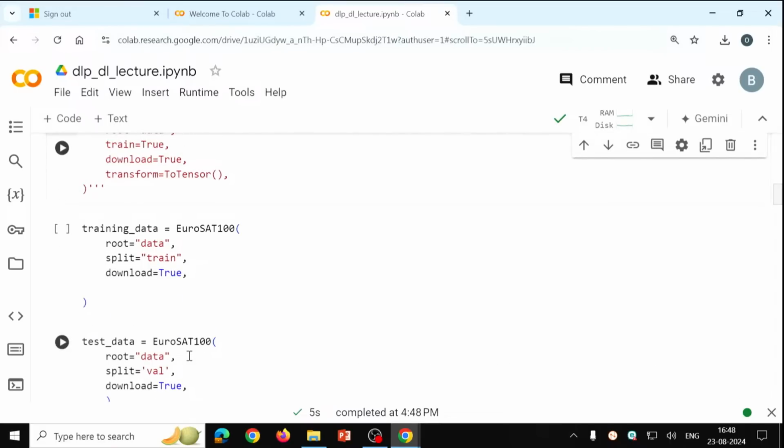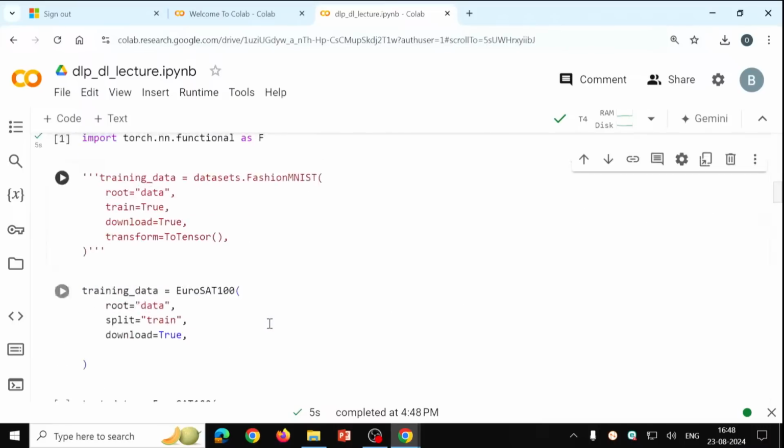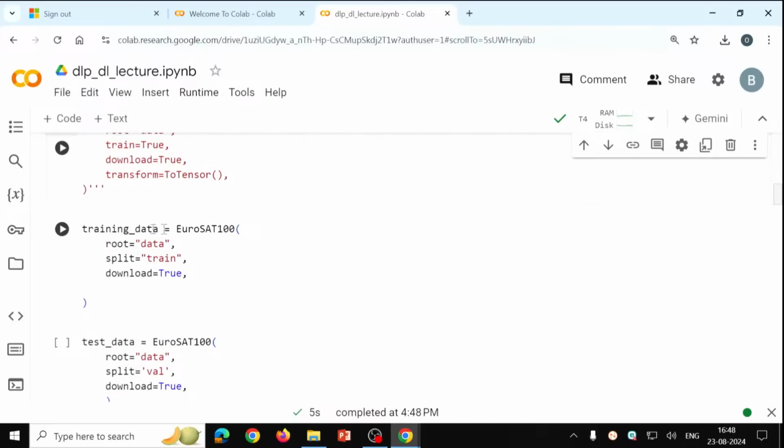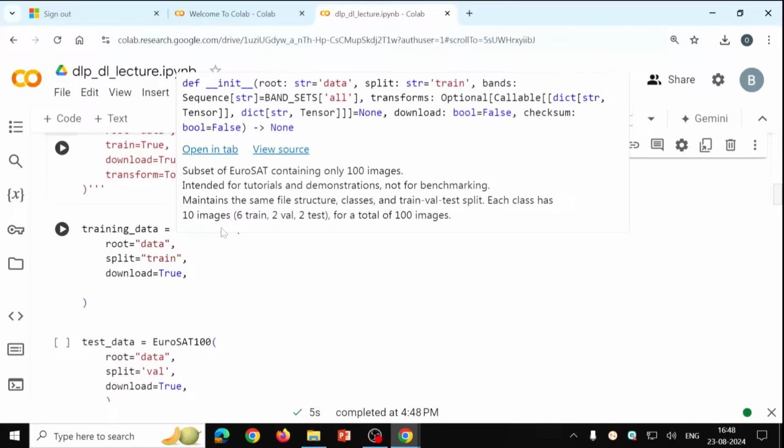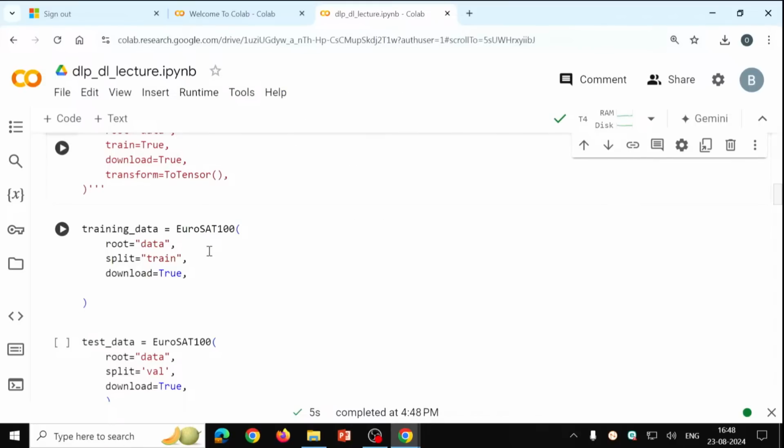Suppose you want to download this dataset, this dataset is available in torchgeo. So I'll just create an object of this, training data equal to EuroSAT100. This dataset contains only 100 images, and that is split into training, validation and test datasets. Right. So I am telling root equal to data to store this data into the data directory, and I want to just download the